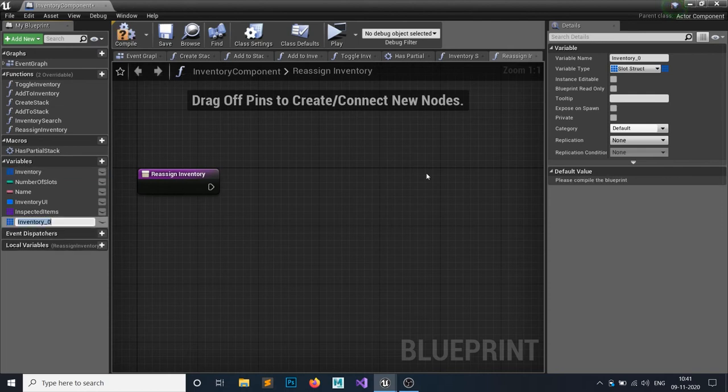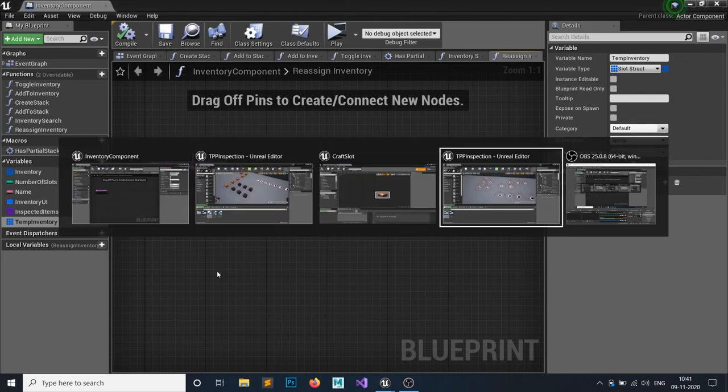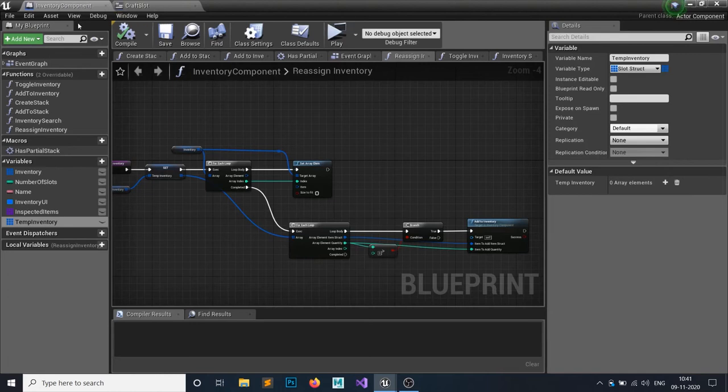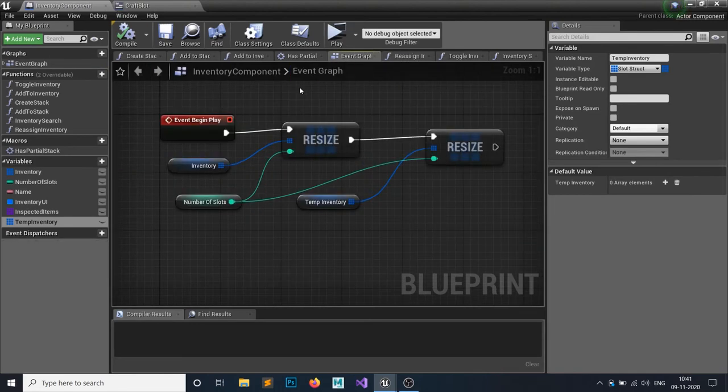I'm just using Control W to duplicate that, and I need a temporary inventory so that I can reassign it. The temporary inventory should go through all the slots. Let me just take a look on the event begin play.